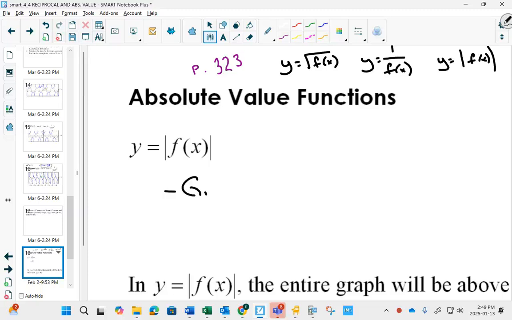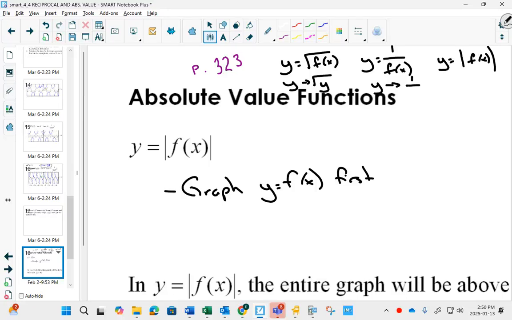Just like before, we're going to graph y equals f of x first. And all of these special graphs did something to the y values. Like for the square root graph, all you did was square root your y values. That's what square root of f of x does. For your reciprocal graph, your y values changed to 1 over y. And so for your absolute value, all we're going to do